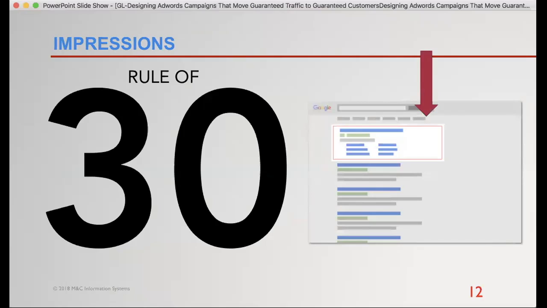What is the value of showing my name, especially if I've written a clever ad that stands out a little bit, up at the top? The rule of 30 suggests that the more impressions we have of our name in the marketplace, the better known we're going to become over time.